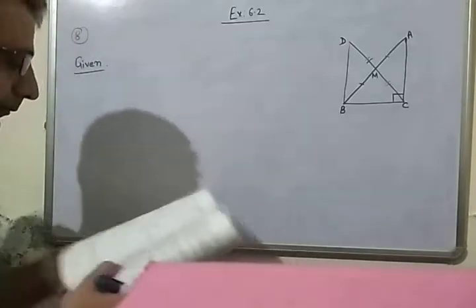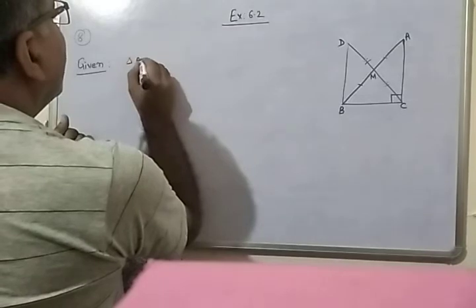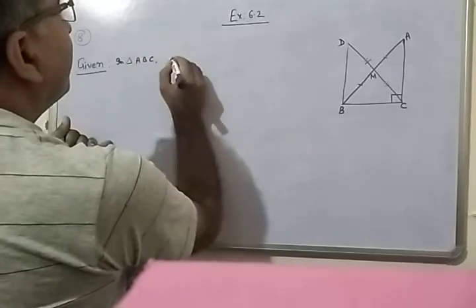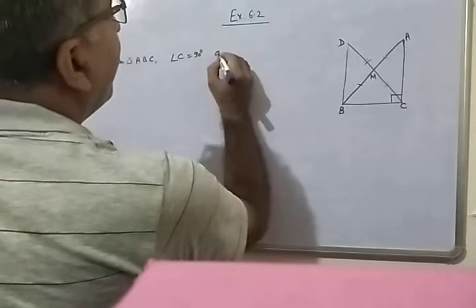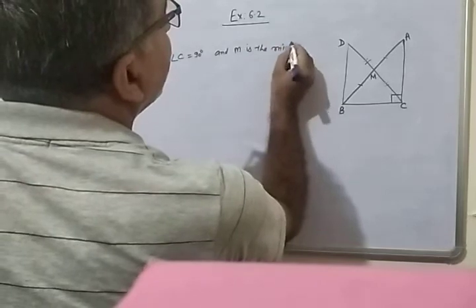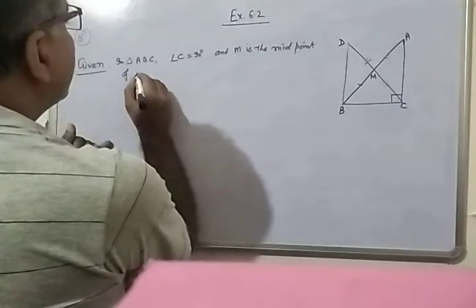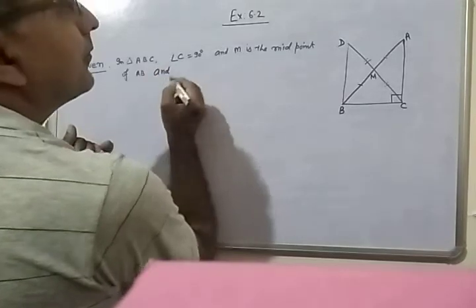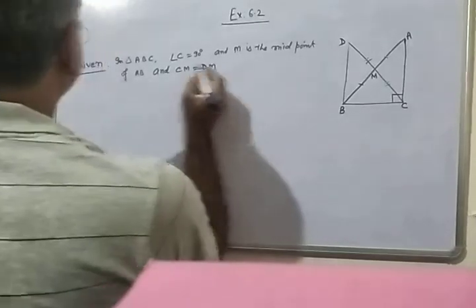Show that. We have given, in triangle ABC, angle C equals 90 degrees and M is the midpoint of AB, and CM equals DM. Prove that